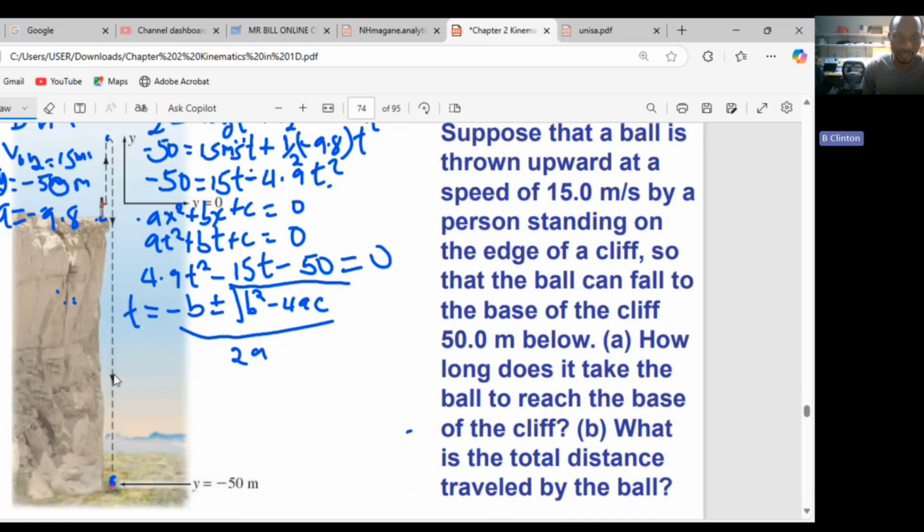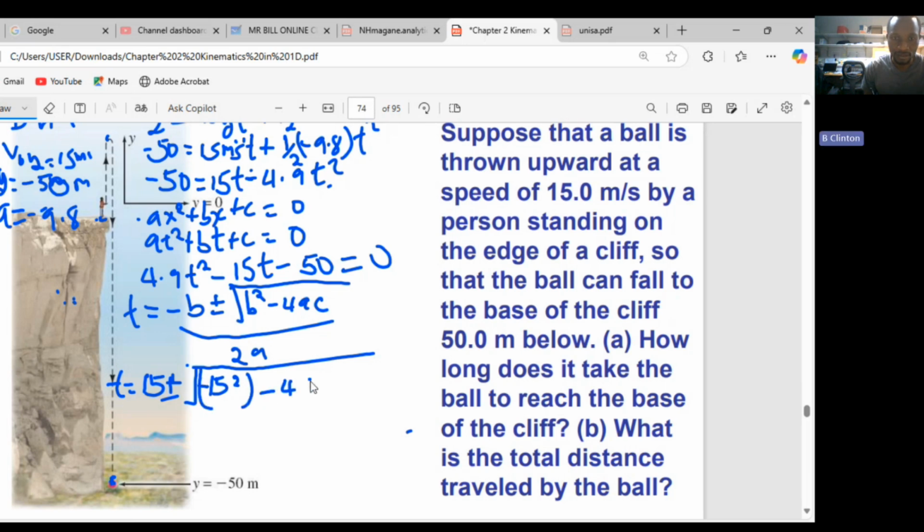So we can say t is equal to minus b, and our b here is minus 15. So minus times minus is going to be positive, and we will write 15. So we're going to say 15 plus or minus, we have b squared, and our b is minus 15, so we write minus 15 squared. Let me just put everything under the square root. Minus 15 squared, okay,